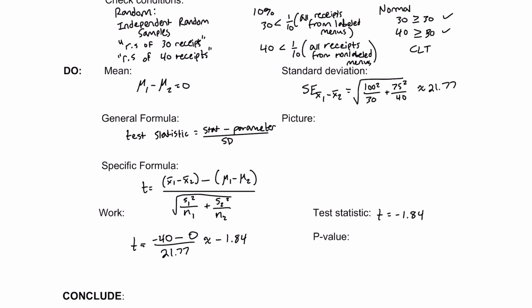Now remember that with these, the difference is that instead of drawing the normal distribution, I'm going to draw the t distribution because we're dealing with a t distribution. Remember that a t distribution is going to look something like this. You don't want it to look normal, so you're going to leave a little bit more room in the tails, maybe not make it so high up in the middle. The middle is going to be 0. And because we're only doing less than, we're going to start at negative 1.84